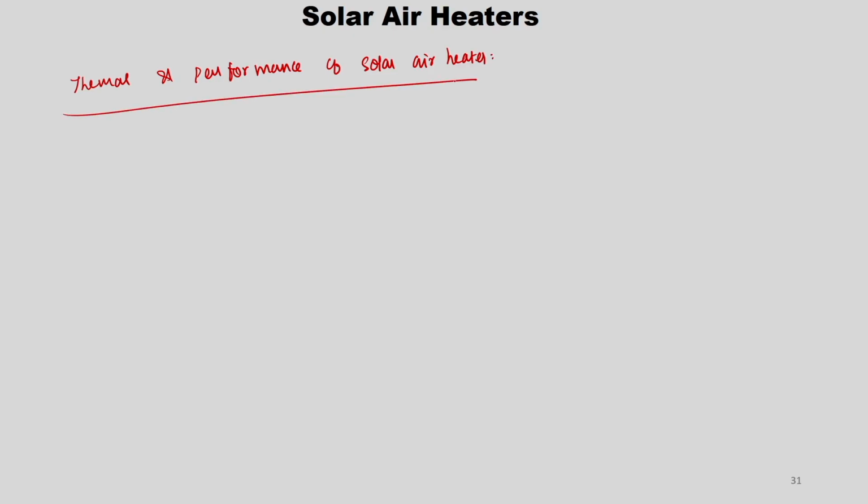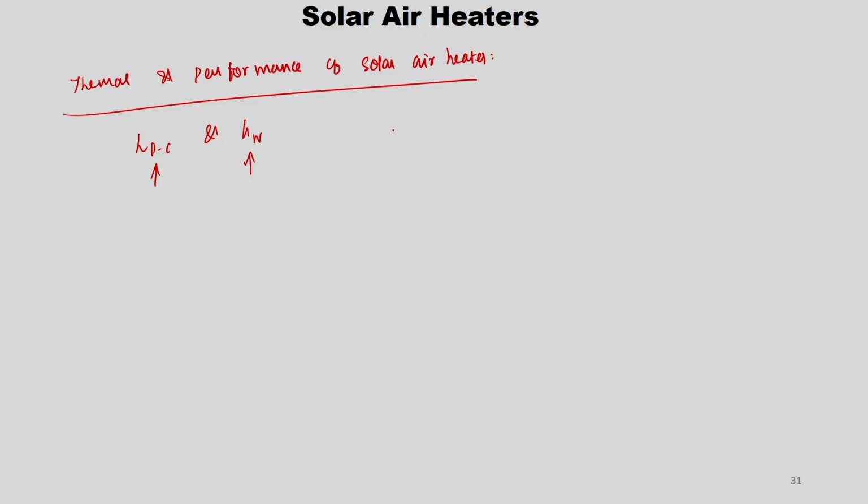So, if we want to discuss the thermal and performance analysis of a solar air heater, we can see it, not in detail, but briefly. There we used HPC and HW. So, this is for the outside surrounding air, and this is the heat transfer coefficient between the plate and cover system.